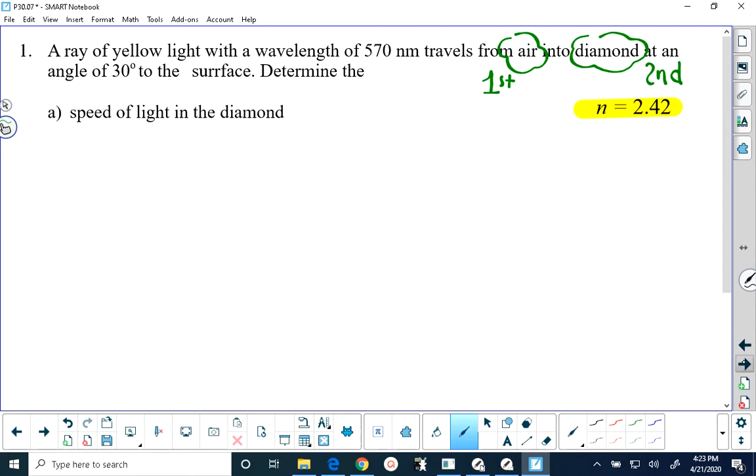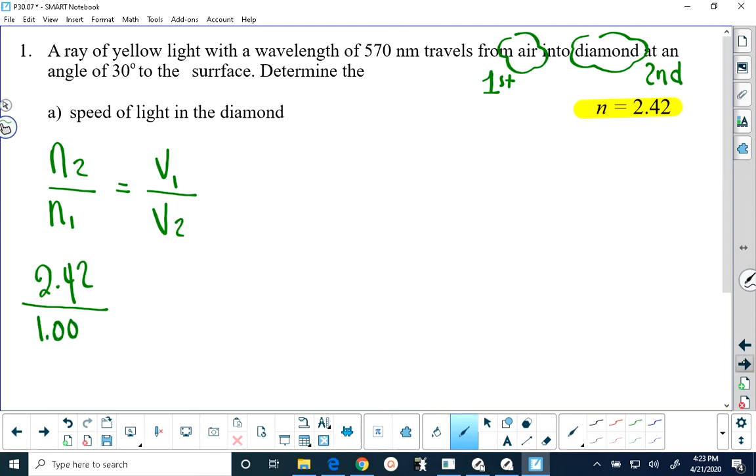So how are we going to find the speed of light in the diamond? Well, we can use N2 over N1 equals V1 over V2. That's off of your formula sheet. So be very careful here. N2 is the index of refraction of the light in diamond, which I'm telling you is 2.42. So we're going to have 2.42 over the index of refraction of light in the first medium, but that's air, which is 1.00, equals V1, that's the speed in air, which is 3.00 times 10 to the 8 meters per second,